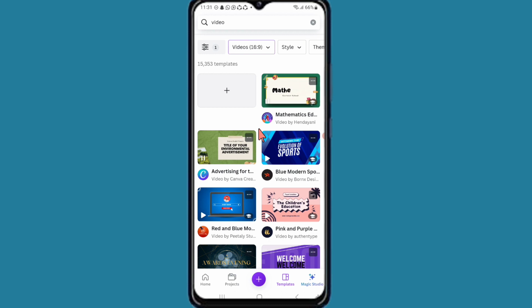and here it will provide you many ready-made templates. You can select any template, but in my case I don't want to select any of these. I only want a blank canvas, so I will click on the plus icon